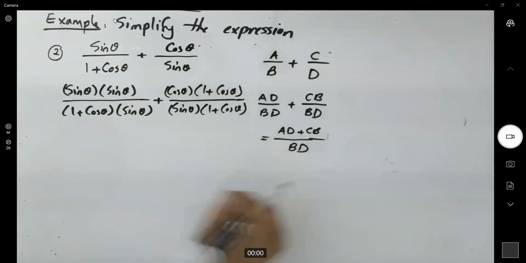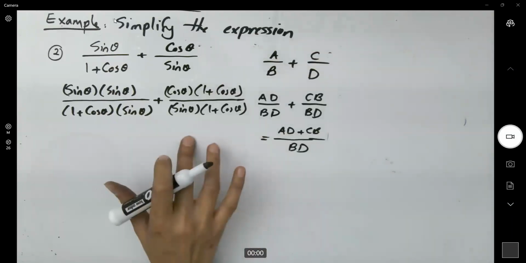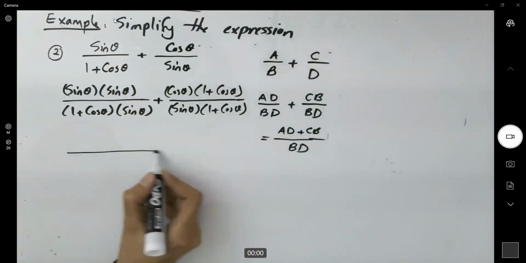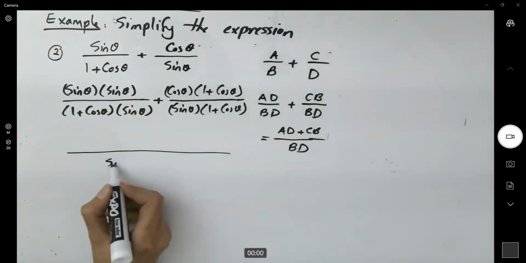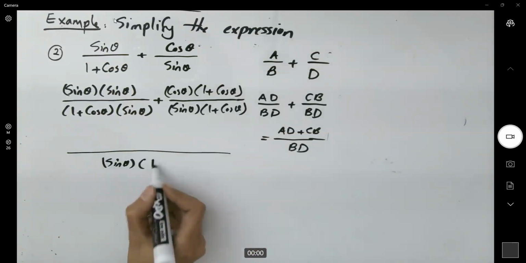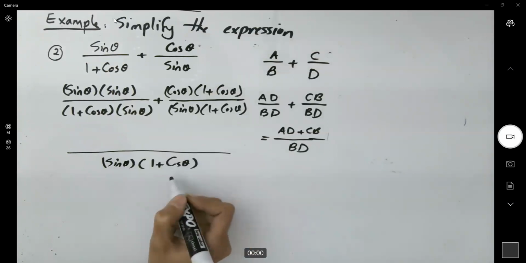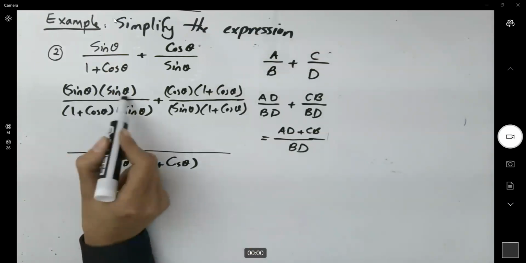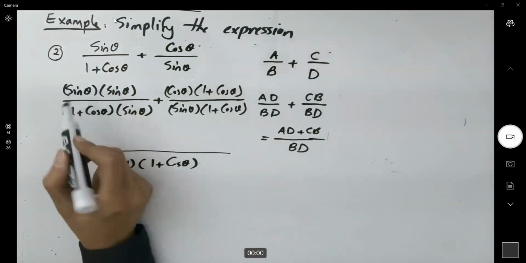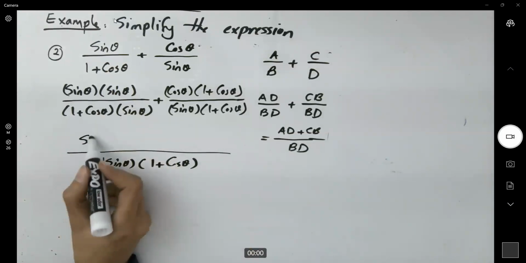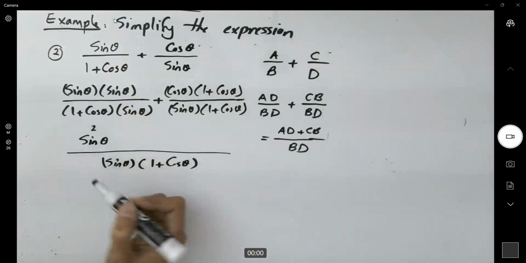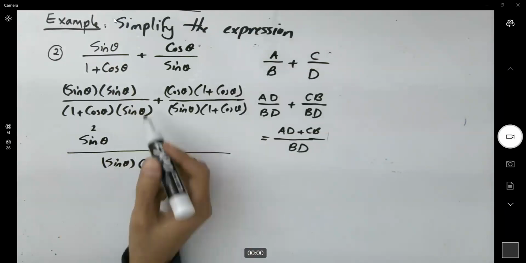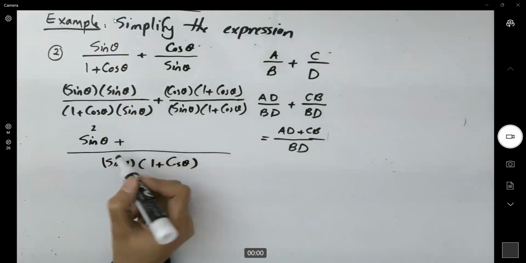There you go. Now they have the same denominator. I just write one denominator, which is sine theta times 1 plus cosine theta. And then just take a look at this. This is sine times sine. Well, sine times sine is just sine squared of theta plus